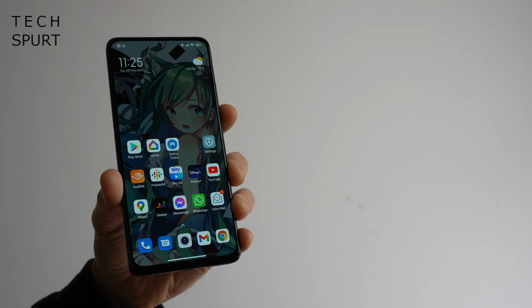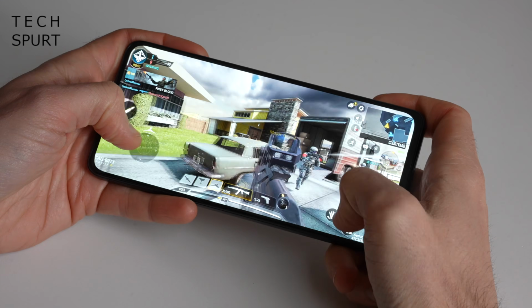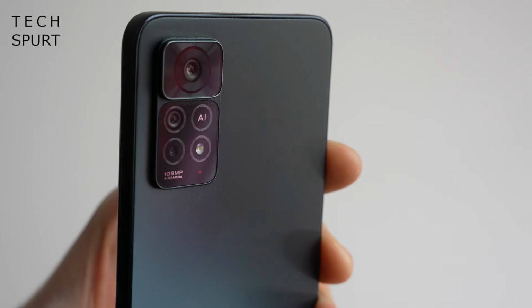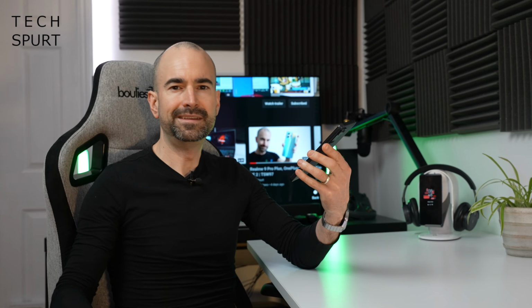That said, however, beyond the fresh Snapdragon 695 running the show, a lot of the Redmi Note 11 Pro 5G sounds hauntingly familiar. That massive 120Hz AMOLED screen, the 108 megapixel Samsung HM2 camera sensor, the 5000 mAh battery, yada yada yada, all basically lifted from last year's Redmi Note 10 Pro, and I know that was a bloody good smartphone